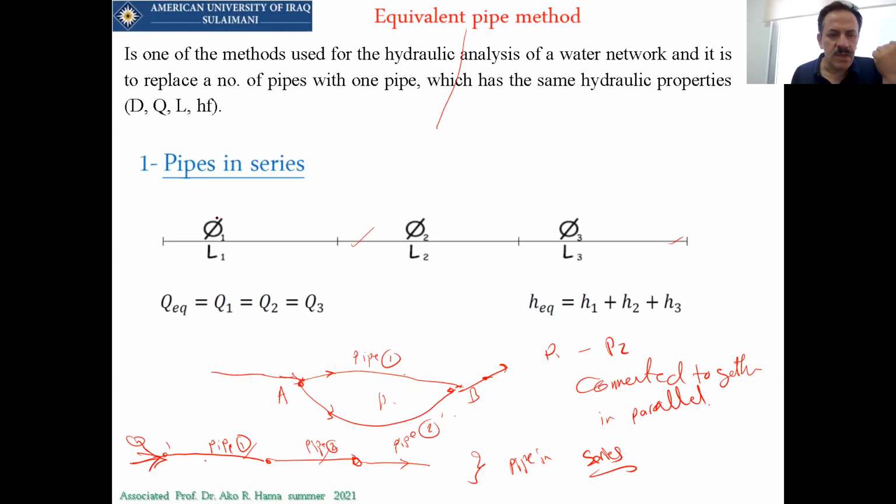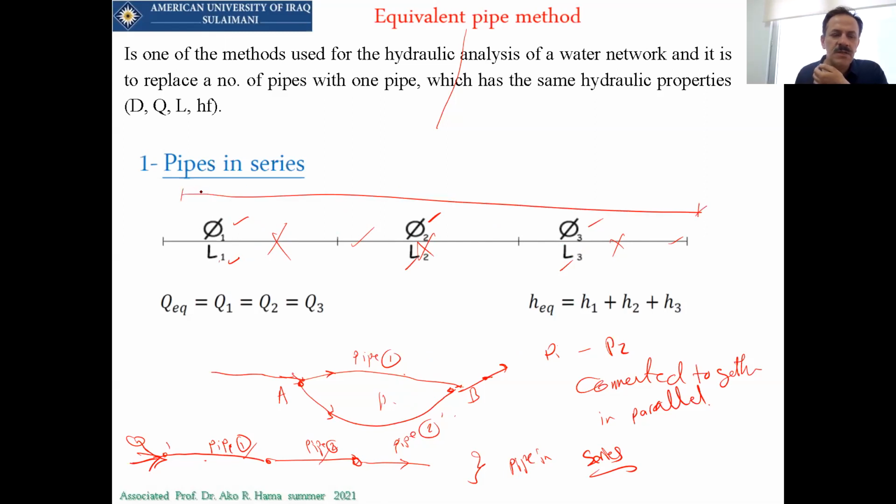What does this require from me? Sometimes you need to convert all these pipes to one pipe. So for each pipe, I have its length and its diameter. What is required is to remove all of them, and I have to put one pipe instead of all three pipes. This pipe is called the equivalent pipe. So the equivalent pipe will be a pipe that is sufficient to hold the same flow that these pipes are holding all together.